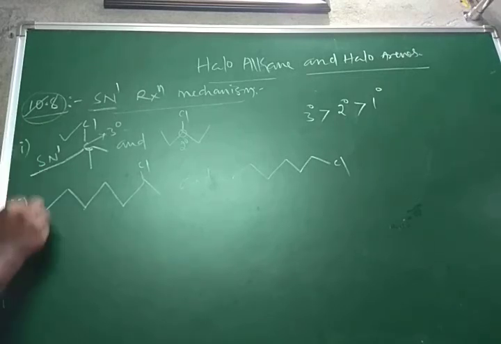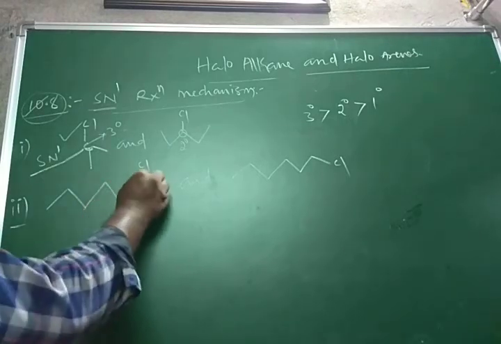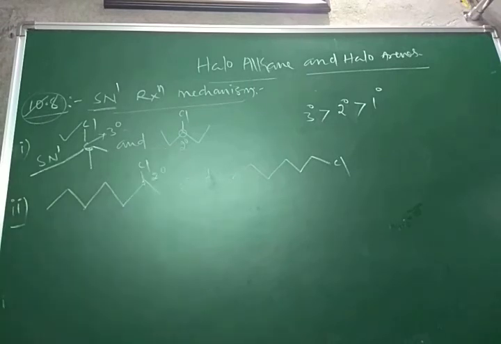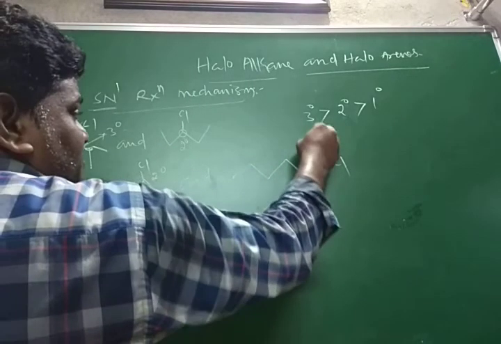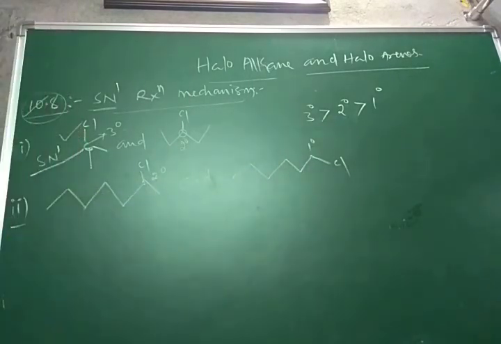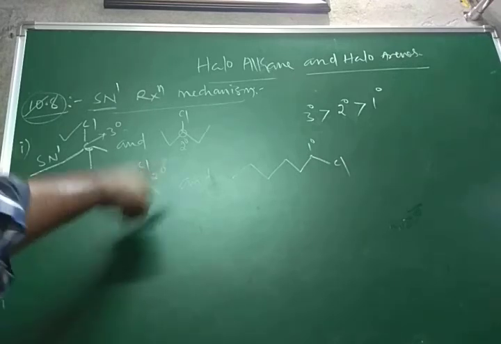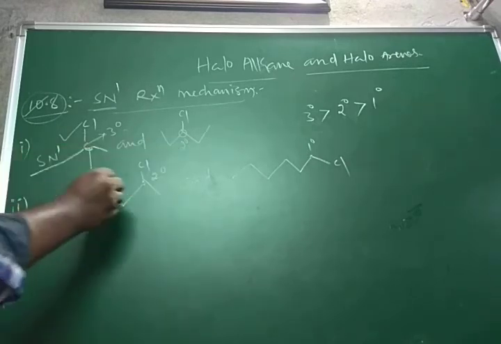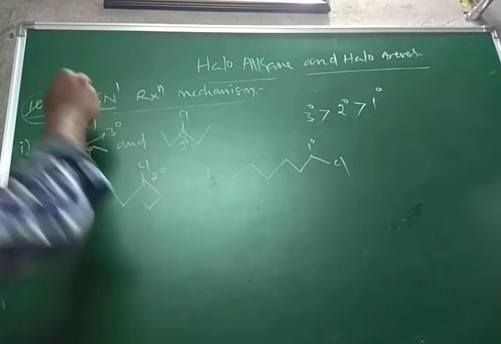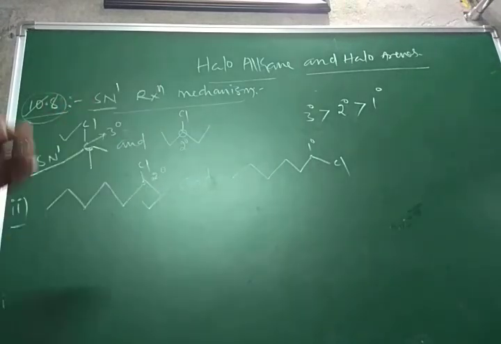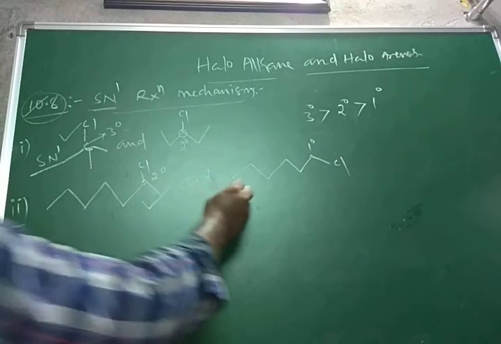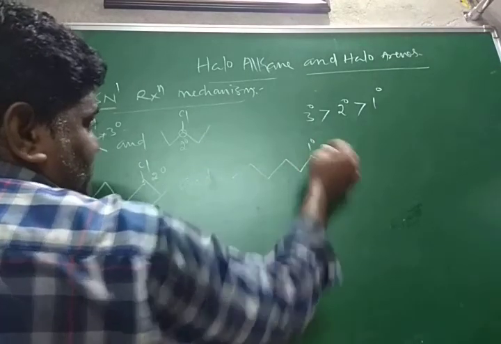And in this second question, this one is secondary carbon, and the halogen is attached to this carbon, the primary carbon. We know very well, compare only secondary and primary. Secondary is greater than primary, that's why this secondary carbocation is more stable than primary. That's why this one follows the SN1 reaction mechanism more in comparison with 1 chlorohexane, 1 2 3 4 5 6